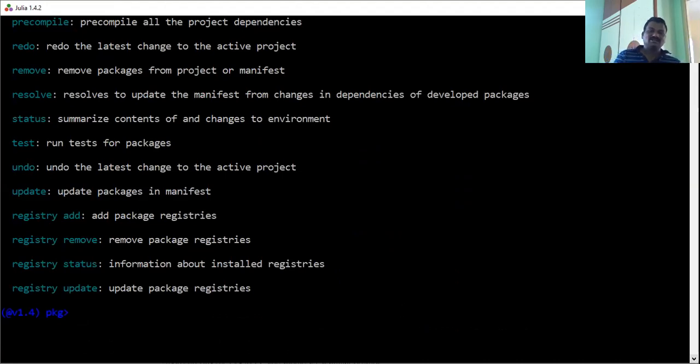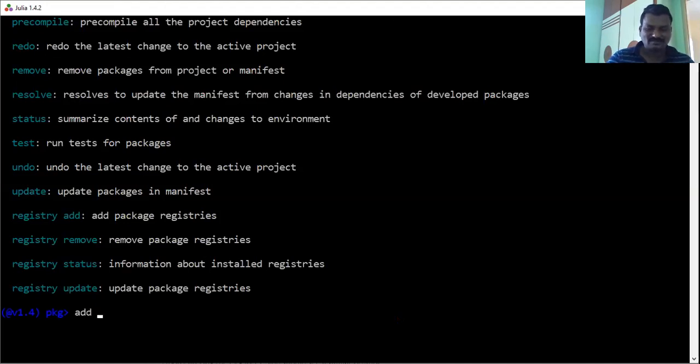If you want to add any package, there is already a command for it. Add JSON, JSON static array, for example. Add another package, for example the CSV package. Add CSV, and it will take some more time for adding.